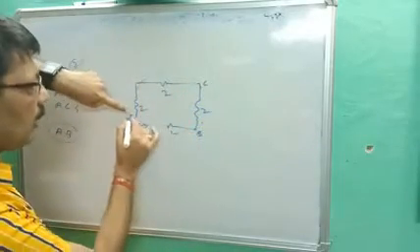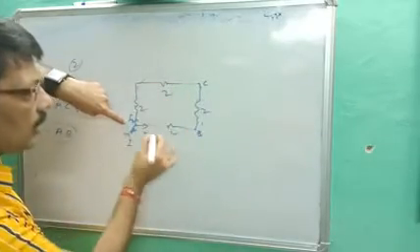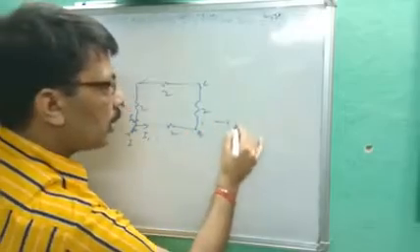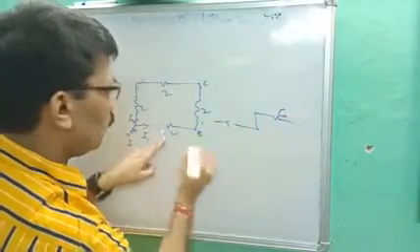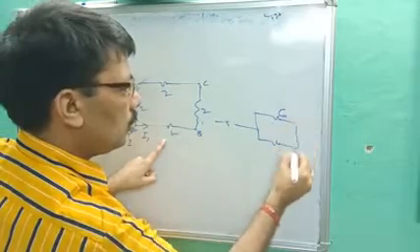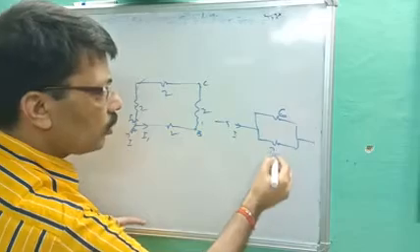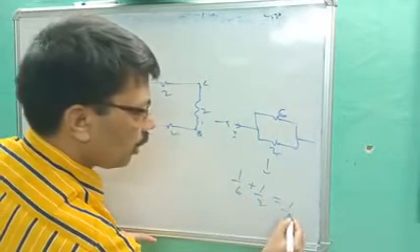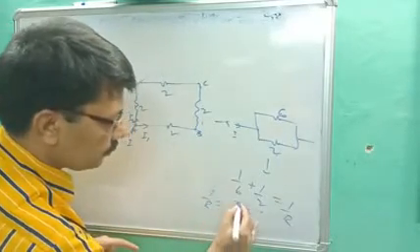No doubt, when you move that way from A to B, all resistances are connected in series. So 2, 2, 2. So it becomes 2 plus 2 plus 2. It becomes 6, and the other is 2 ohm, and that current is what, I. Now 6 and 2, they are in parallel. 1 upon 6 plus 1 upon 2 is equal to 1 upon R. 1 upon R is equal to, LCM is 6.